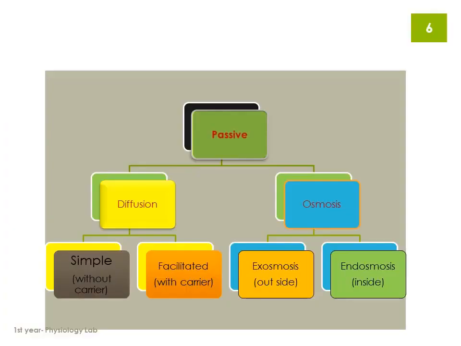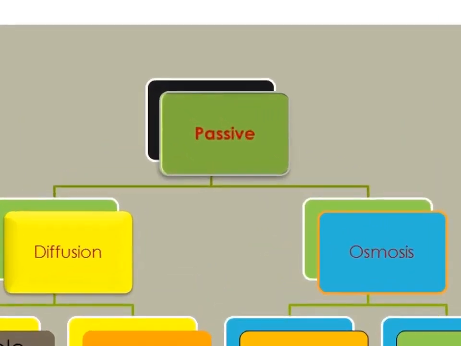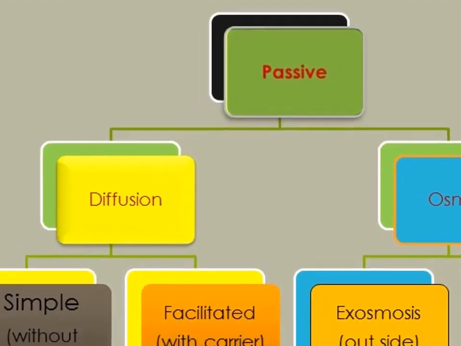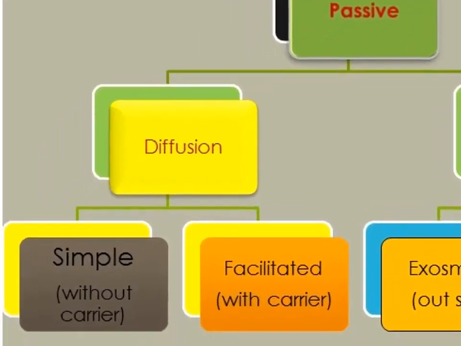utilizing energy. In this slide, you can see different types of passive transport. Remember, all will follow the same rule of moving from higher to lower concentration gradient without using ATP as their energy source. There are two types of passive transport, diffusion and osmosis. Diffusion, which is a type of passive transport, is again divided into simple diffusion, that is carried out without taking any help from a carrier transporter protein, and facilitated transport, which is carried out by using the help of a carrier